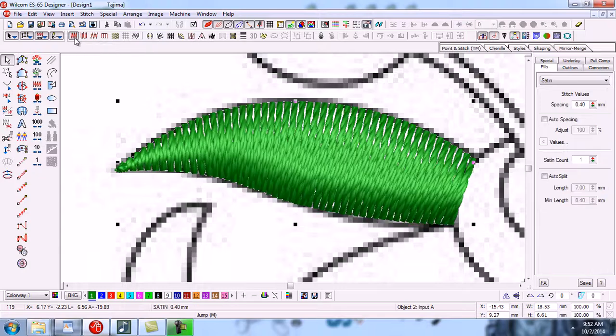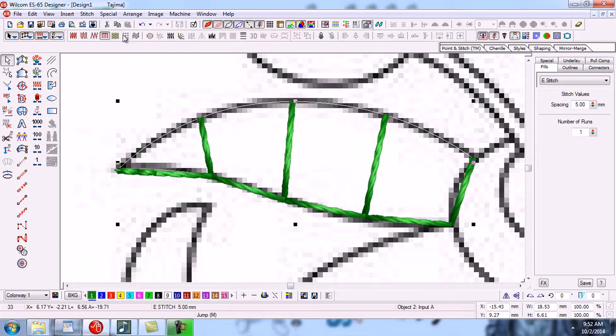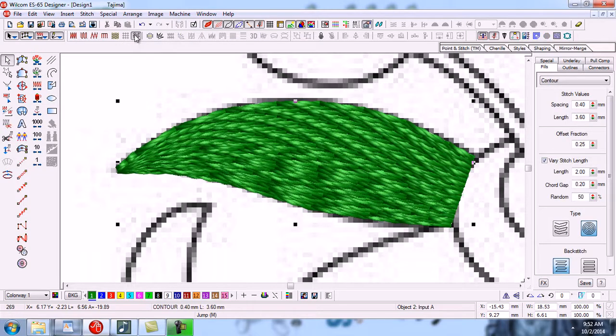We can make the design with satin in Input A. There are different types of stitches. You can choose the satin values, tatami values, zigzag, e-stitch, or contour values. There is also a program split option, but we will learn this later.